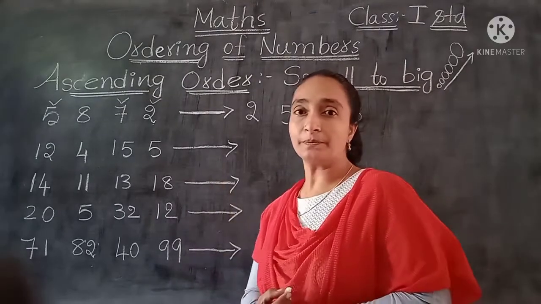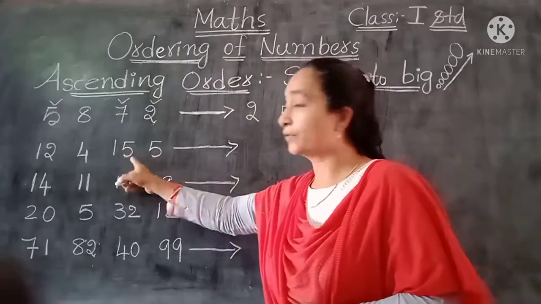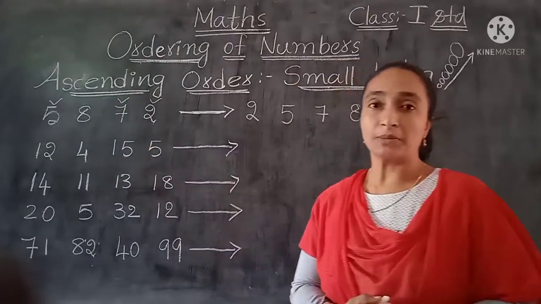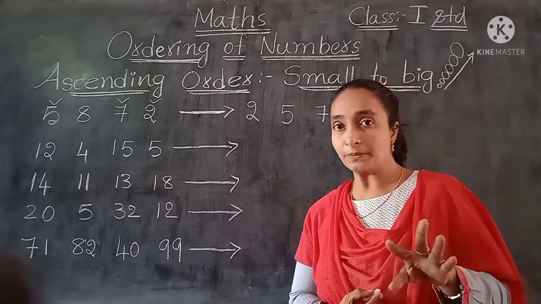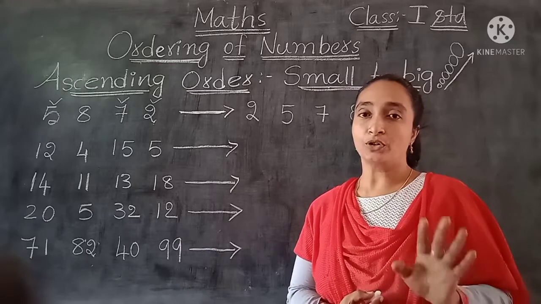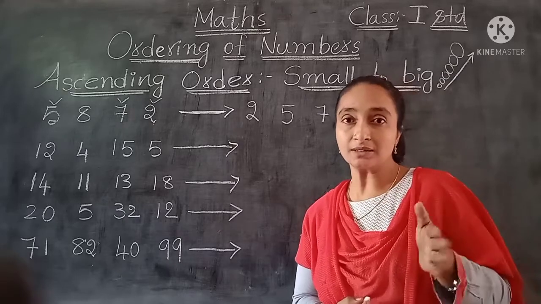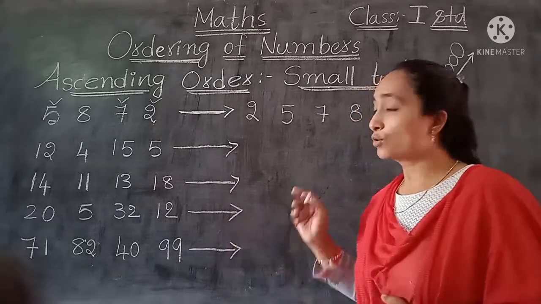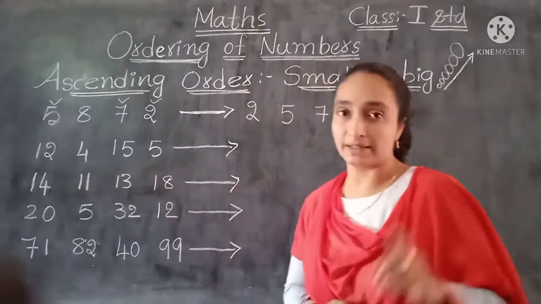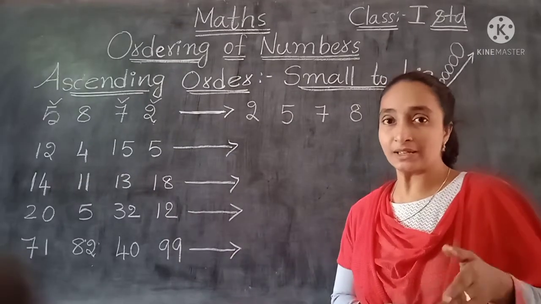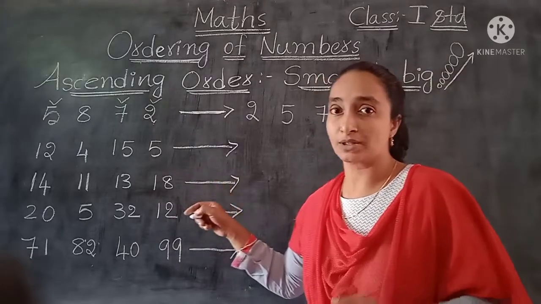Now here when you see, okay children, now 12, 4, 15, 5. That means here mixed up. So 1 digit numbers also are there and 2 digit numbers also are there. Okay, now no need to get confused. So first we have to separate the 1 digit and we have to separate the 2 digits. So 1 digit numbers how many are there? I think 2 are there, isn't it? 4 and 5 are the 1 digit, single digit numbers. So these are the less numbers obviously. These are the small numbers, only 1 digit.